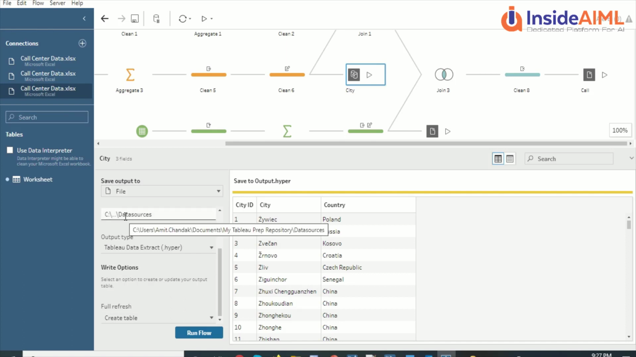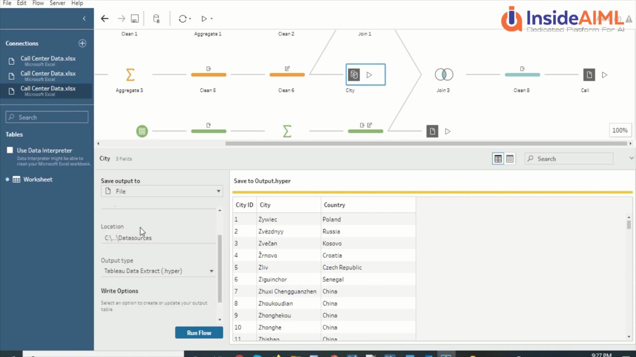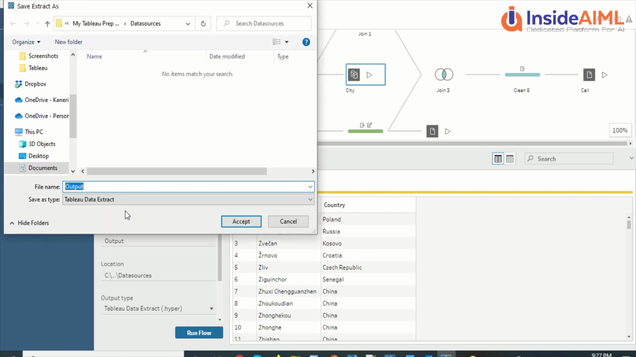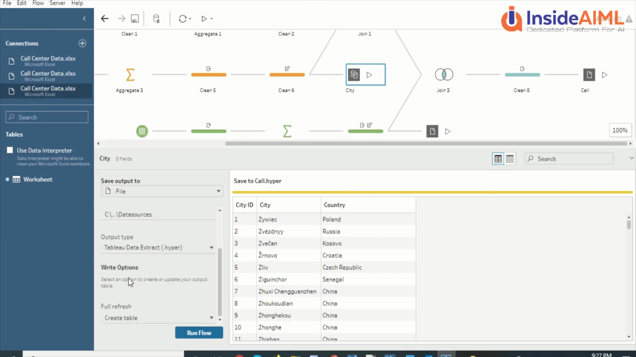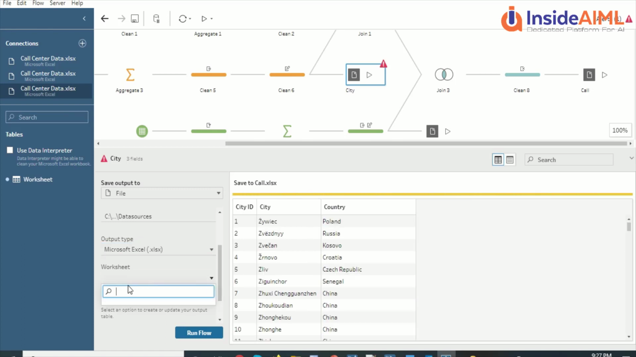So what I'm going to do here is, again, say browse, and I'm going to call it call only. And then it's going to give me an error. Then I'm going to make it Excel, and now I'm in the Excel worksheet. Let me call it city. Now I need to make sure that